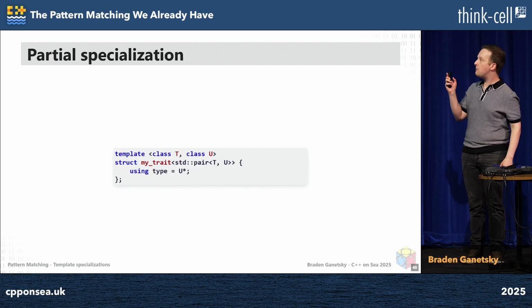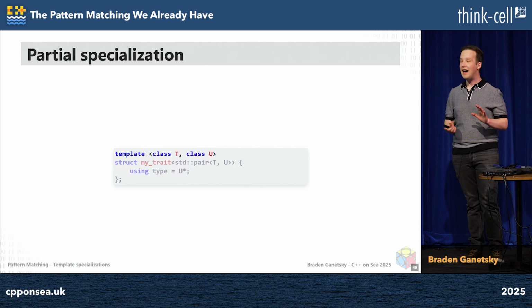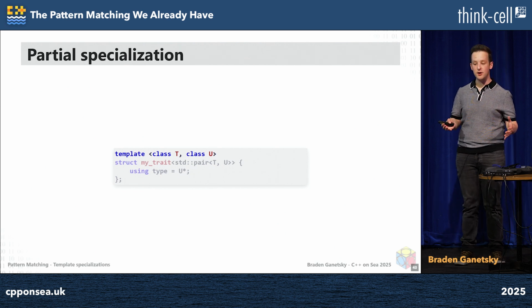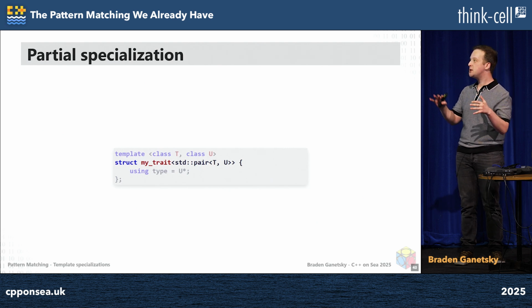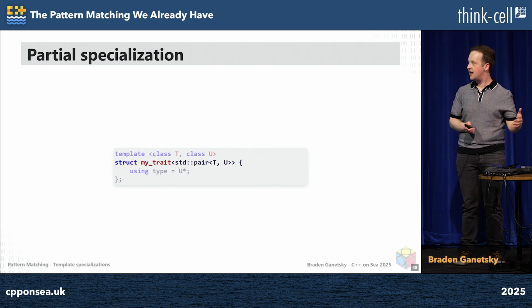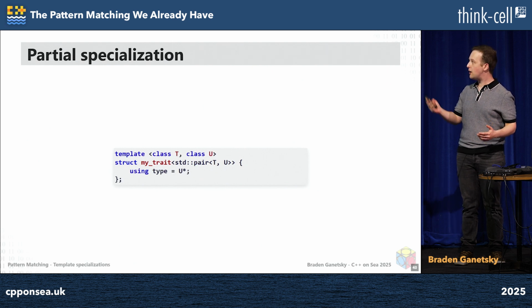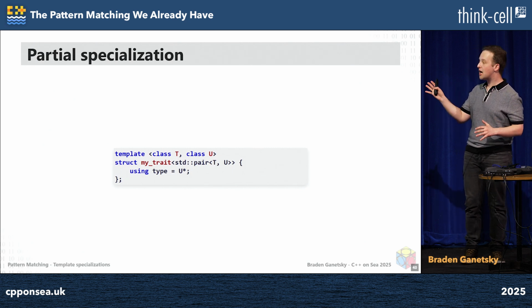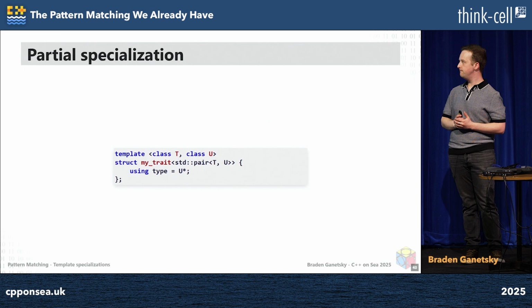But then you have partial specializations, where you have the template head with the template keyword and then the parameters. But now you need to take these parameters and turn them into arguments to sort of plug back in to the name that you already gave the primary. And then you have the definition, you have the body of the class further down. And so this is saying that the match criteria is std::pair of T comma U. And so this will get checked before we check the primary.